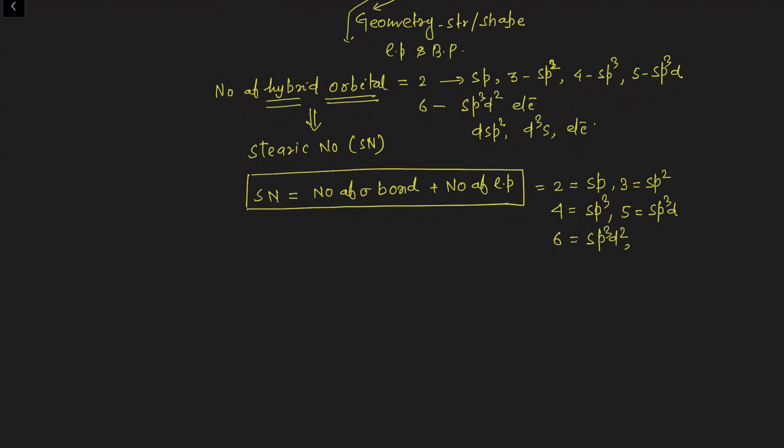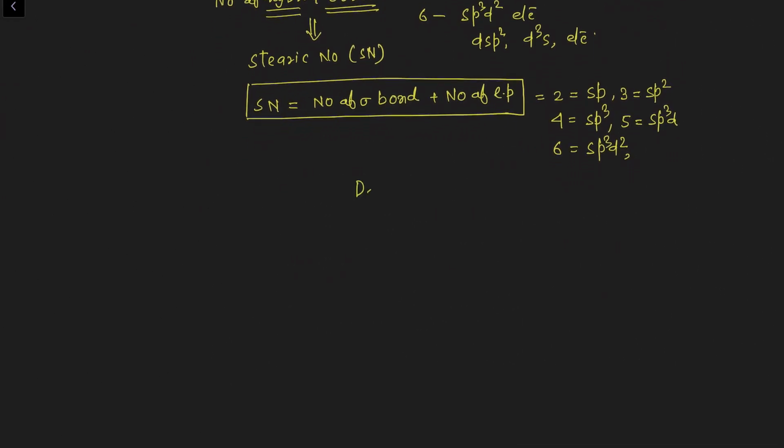Now the question is how to determine the hybridization of a molecule. So now let's check the determination of hybridization of a molecule. We are going to discuss this topic in very concise form. There are two methods, but you cannot isolate the two methods from each other. Both methods are interrelated. What is method number 1?